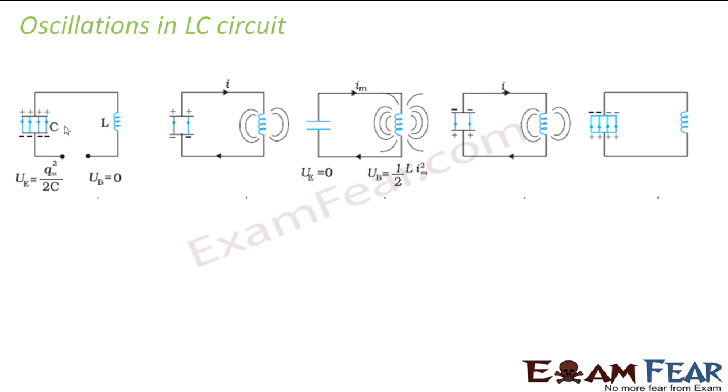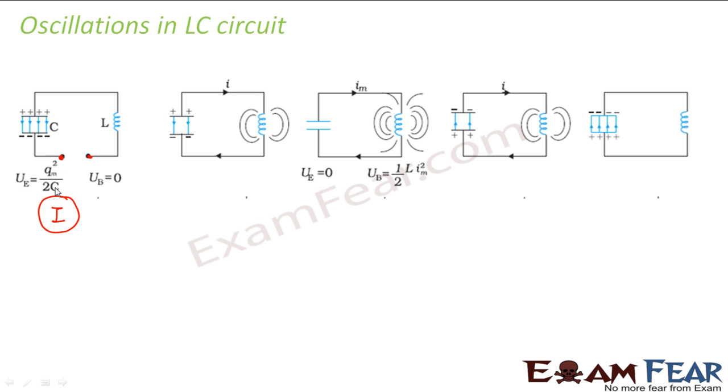So now let us look at the oscillations in the LC circuit step by step. So this is my LC circuit. Let us consider the initial stage, the first step, when my capacitor is fully charged by taking all the energy from a cell. This is the cell which supplies the alternating current to the circuit. So the capacitor takes all the energy from the cell and charges itself. Right now all the energy is stored with the capacitor.